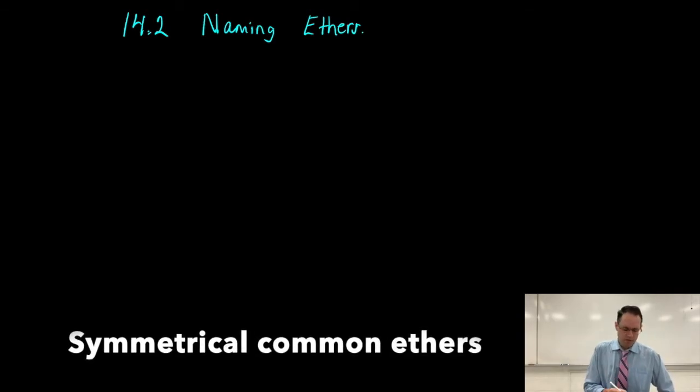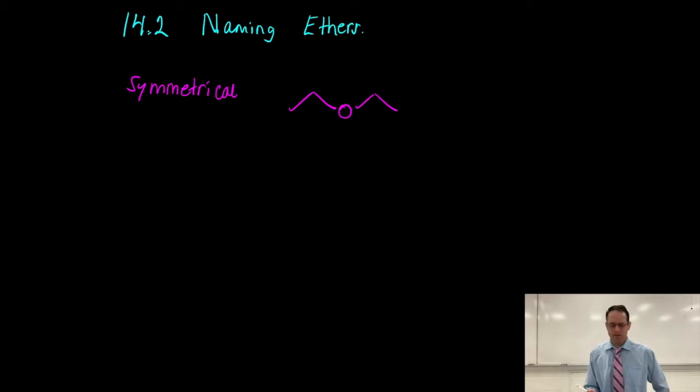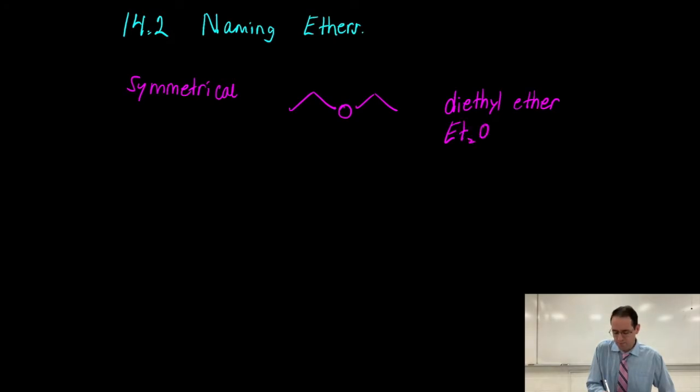Now there's two types of ethers that you can have. You can have symmetrical ethers. Symmetrical ethers are going to have the same group attached to oxygen. This right here is called diethyl ether. There's an ethyl group attached to the oxygen on the left as well as the right. This is sometimes abbreviated Et2O, and it's used as a solvent when you make Grignard reagents because it stabilizes the